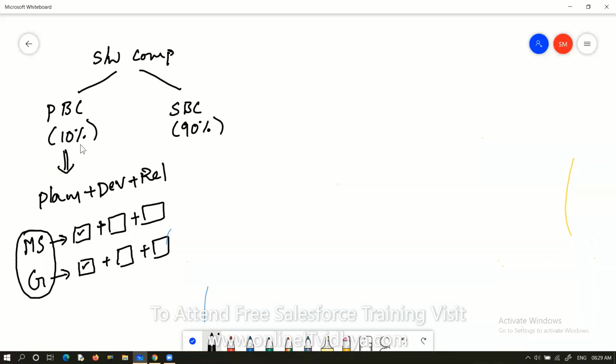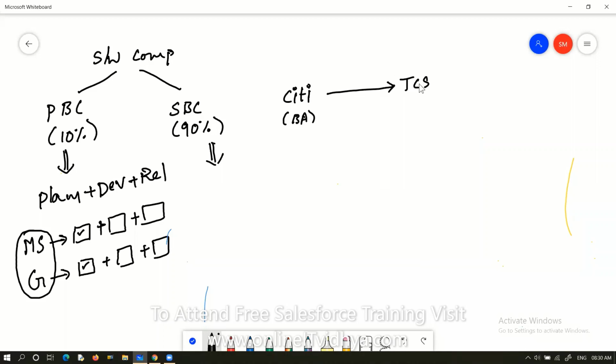Almost a maximum of 10% of companies are product-based companies. And a service-based company is nothing but this: they won't release the product in the market. They just take the orders from the clients, develop the software, and return it to them. Best example, I'll give you. Let's take Citibank. Citibank wants one banking application, but Citibank is not a software company. So definitely they will approach one of the software companies to develop this application. Let's assume TCS.